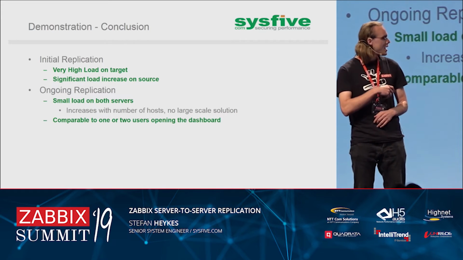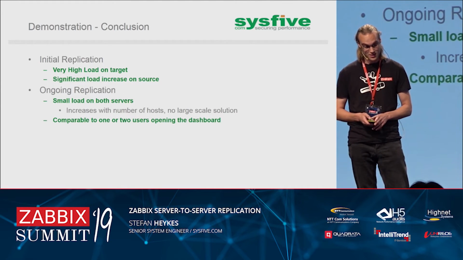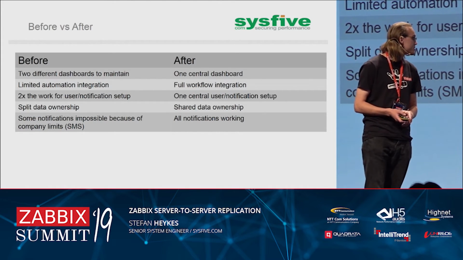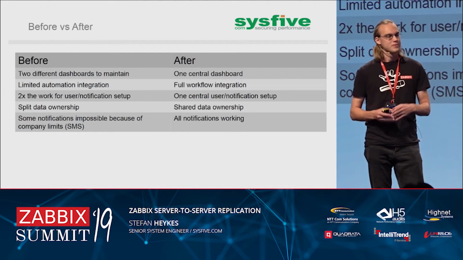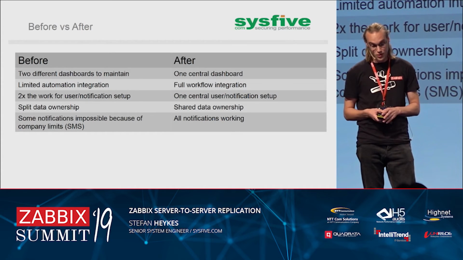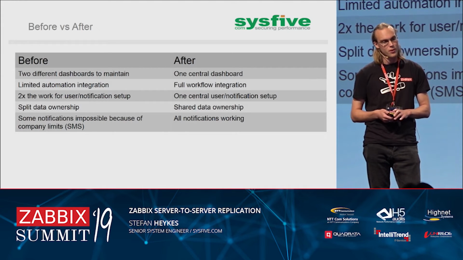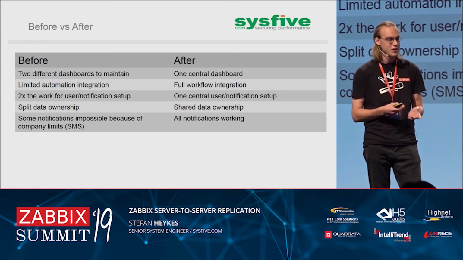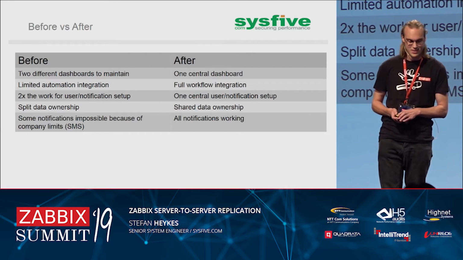So we are so far satisfied with it, and we are going to put this into production in the next days or weeks, depending on how fast this project is going to implement it. And in conclusion, what do we win, the before and after? Before, of course, we have two different Zabbix dashboards because of two different Zabbix servers. And what's important for us when this replication works, we can have all that we need in one central dashboard, one Zabbix server, which of course is then automatically fully integrated into our usual workflow,